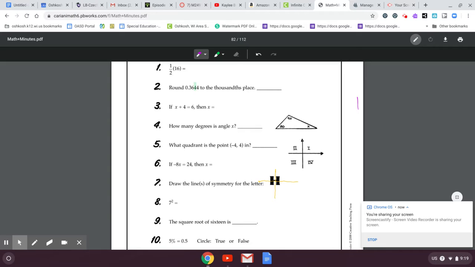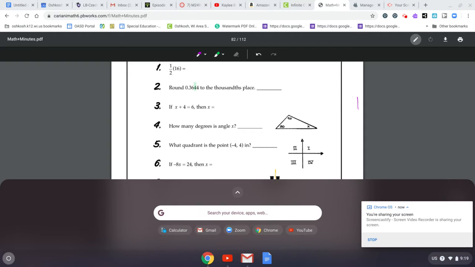Our first one, we have 1/2 of 16, or 1/2 times 16. So there's a couple different ways we can do this. Maybe if you have 16 apples and you take half of them, you have 8. If you don't know that fact, that's okay too. You can pull up your calculator